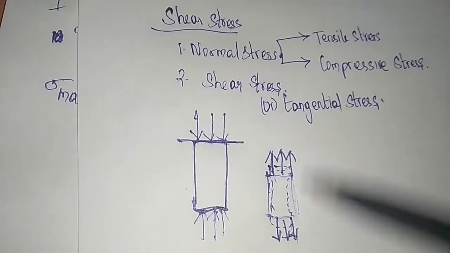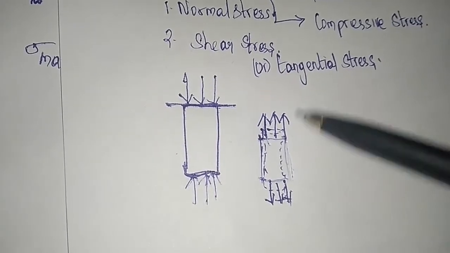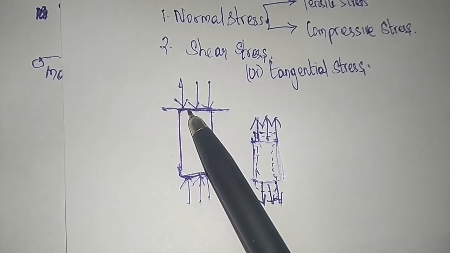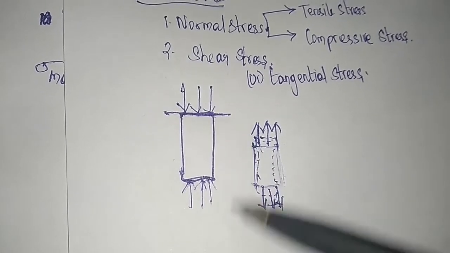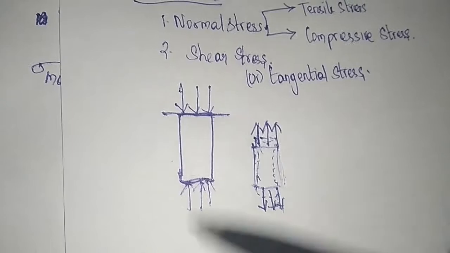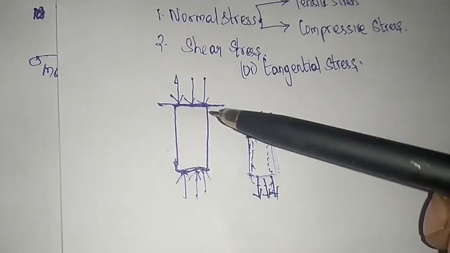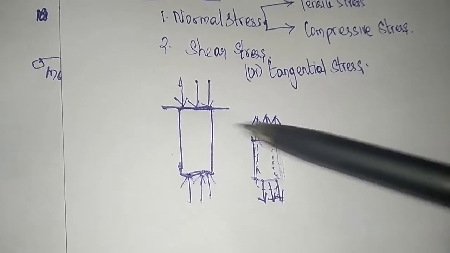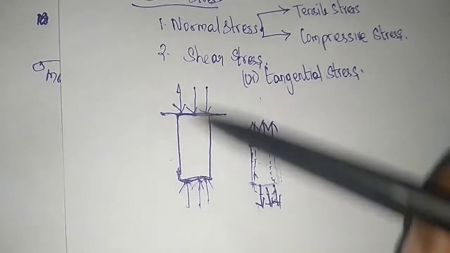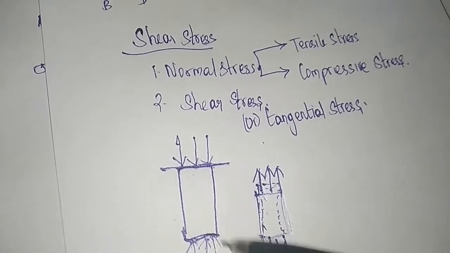Okay, due to the equivalent two opposite forces. Compressive stress is nothing but forces acting towards the beam, two forces on opposite sides acting towards the beam. But both are acting perpendicular. This is also acting perpendicular. This is also acting perpendicular to the beam.